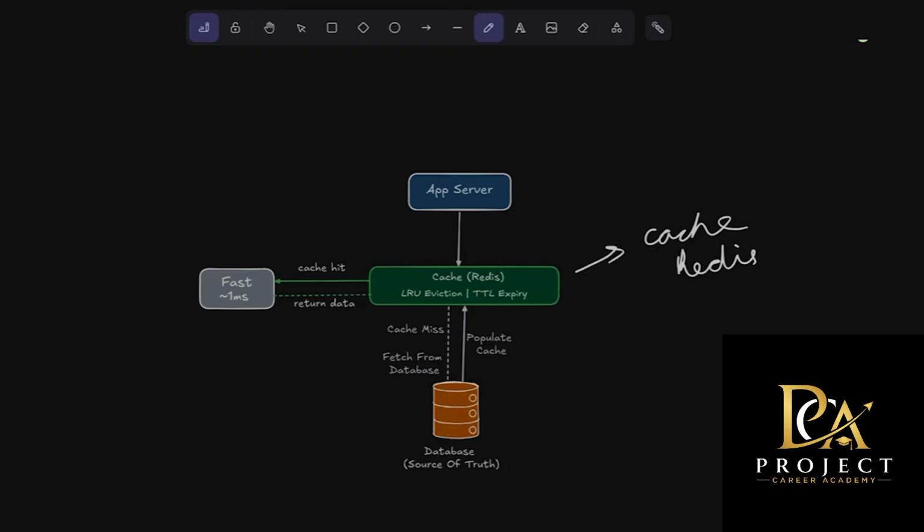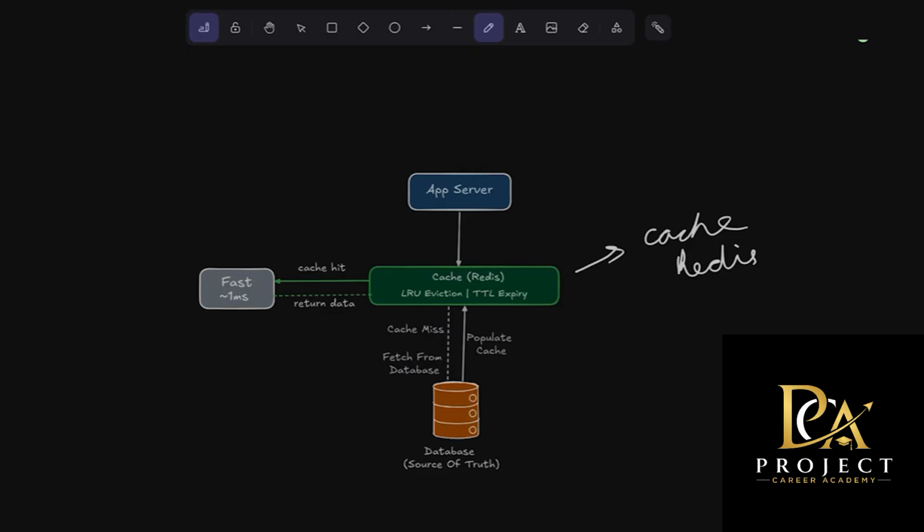So Redis cache or just in-memory cache will be sitting in between the application and the database. And Redis will store the frequently accessed data directly in its memory. This frequently accessed data might be user profiles, some product pages, some popular products, some popular user profiles, some configuration data. So the key advantage of Redis is its speed.